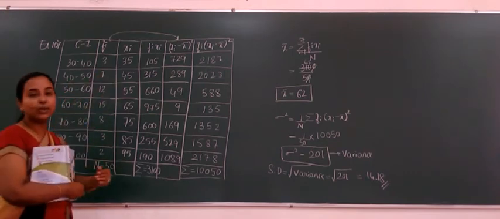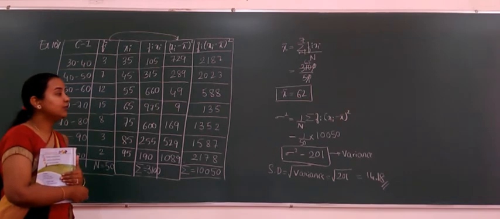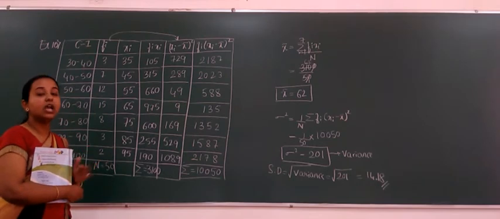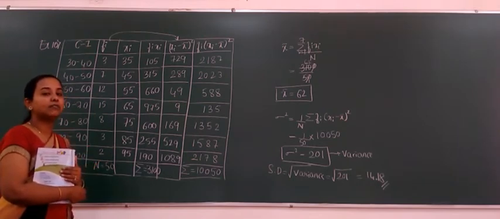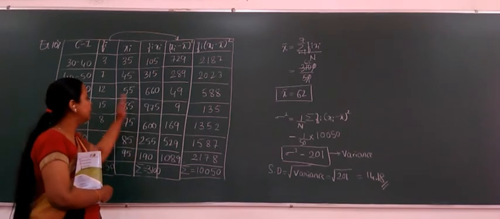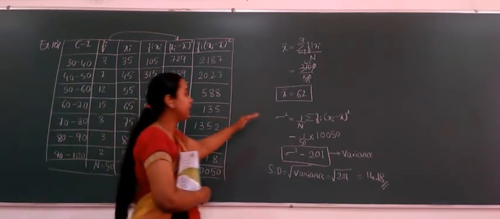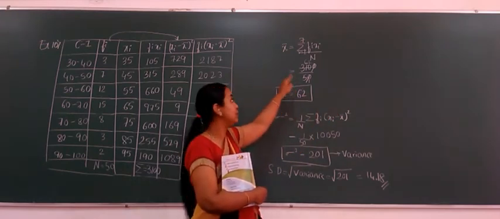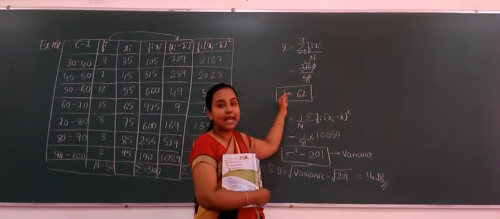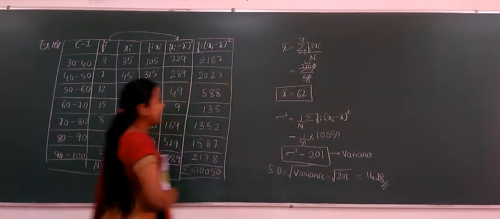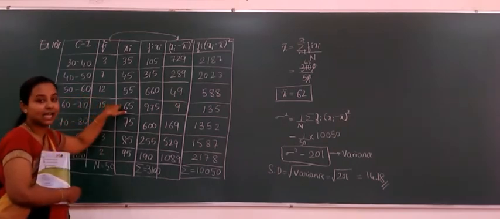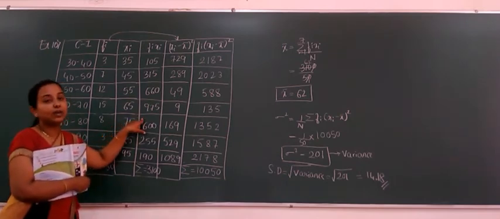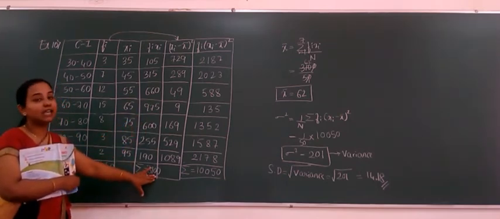Mean, at least, you were very much used to. And the new things we have learned now are the variance and standard deviation. I hope you now have an idea how to go on writing this table depending upon what is required. We wanted a mean, right? To calculate the mean we want Fi into Xi, which is not directly given. Fi is given, Xi is not given. So first we wrote Xi. Next we want the summation of Fi into Xi, so we wrote the column for Fi into Xi. Till here it gave us the mean.